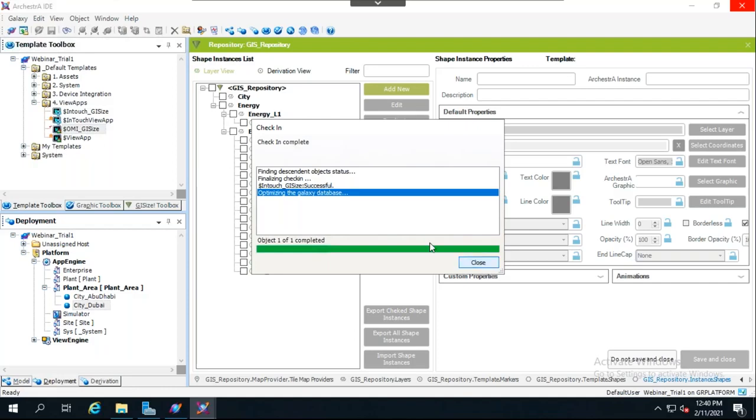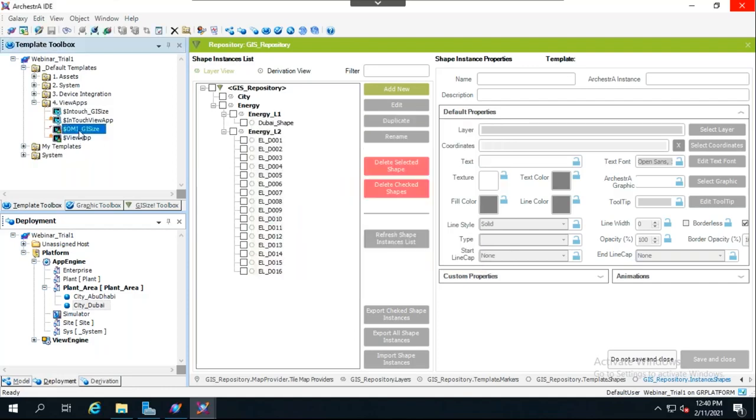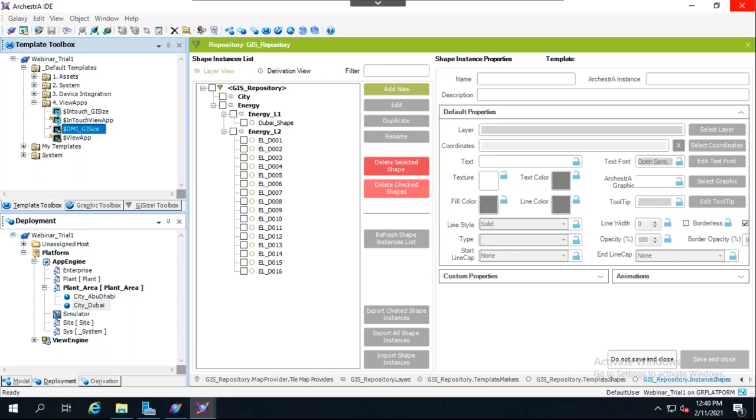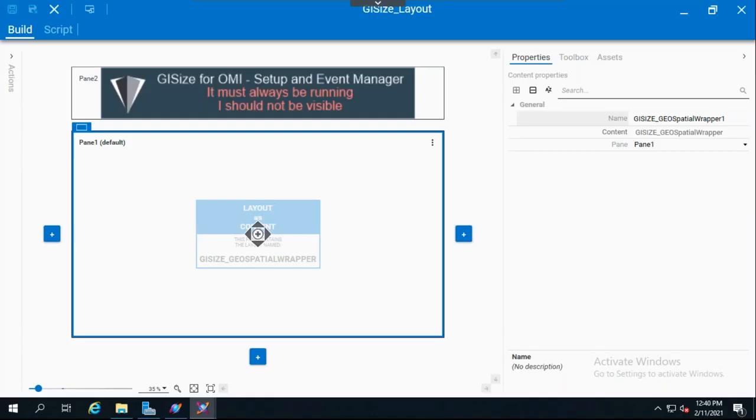All right, so close. Here, I want to open this one, the OMI GISize application. And this one contains a layout. Let me go to edit that layout. Basically, there are two things I did here. I have put the event manager inside one of the panes, because this should usually be running, because